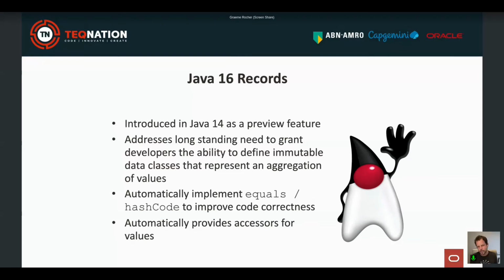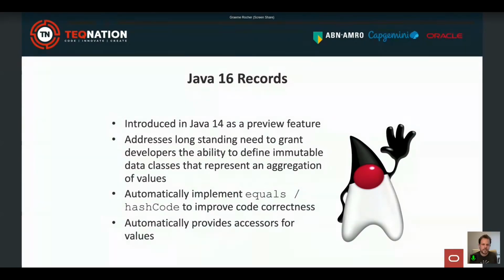Typically this has been done with the JavaBean specification, although that specification was not really designed for this purpose, in terms of implementing things like equals and hashCode and so forth. And records solve all this by automatically implementing equals and hashCode for you, automatically providing accessors, providing immutability,